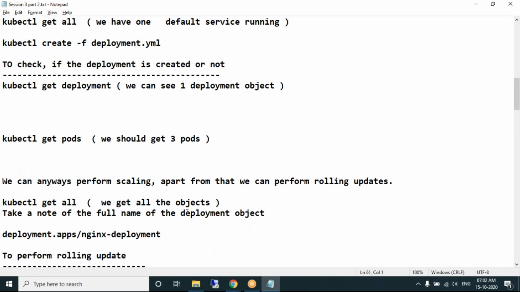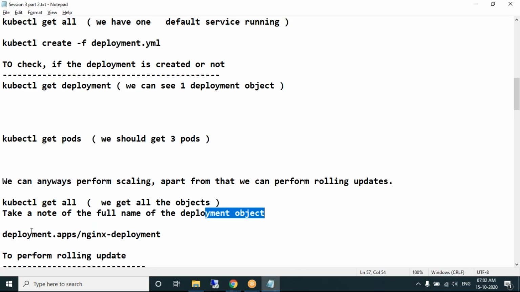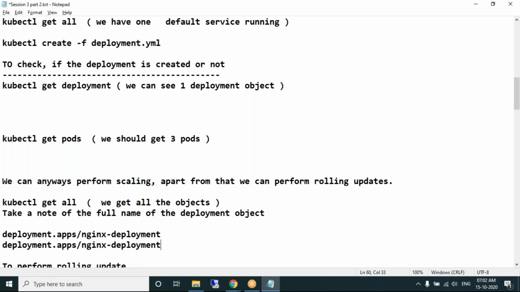Take a full note of the deployment object. Deployment.apps/nginx-deployment is the full name. Yes, I have taken a note of the deployment object.